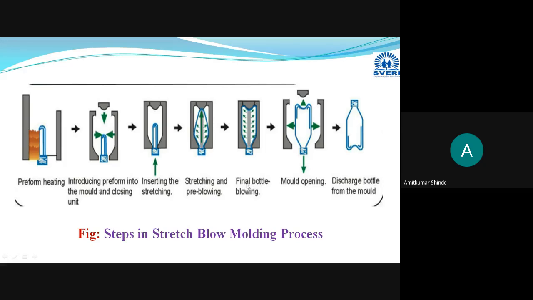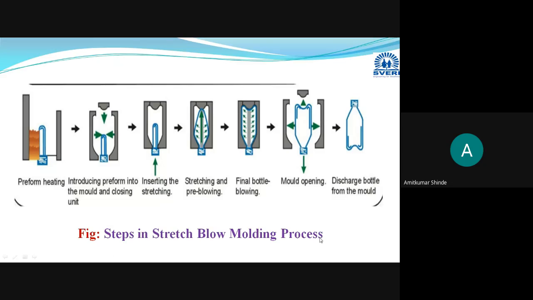And in the next stage, the final blowing operation will be performed. Here a large amount of compressed air will enter the preform, so that the compressed air will press the preform material against the walls of the mold cavity. And in the next stage, the mold will be opened, and the final product is obtained by performing some trimming or finishing operations. Okay, this is your final operation. So this is the